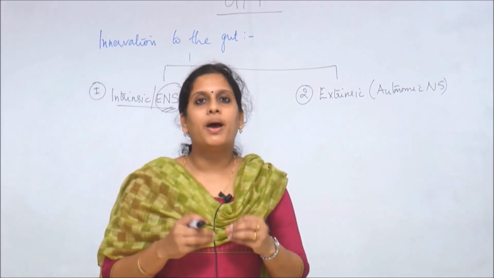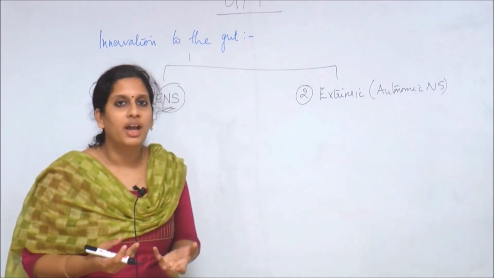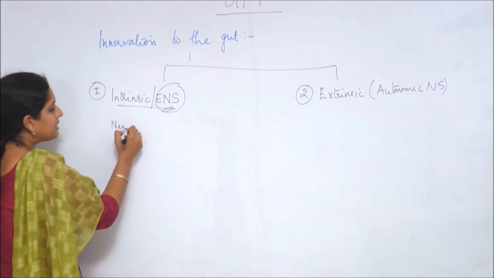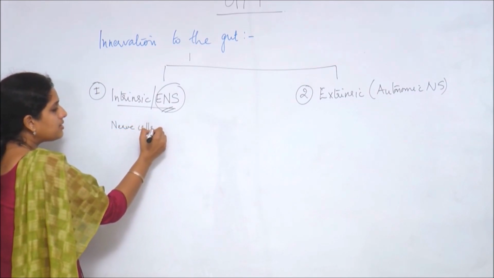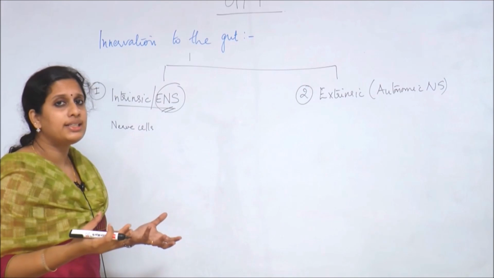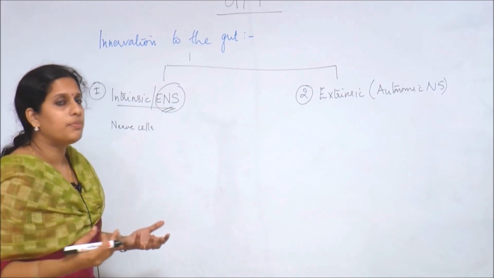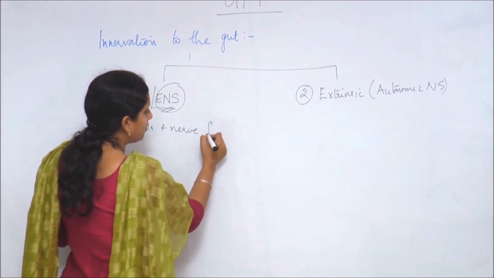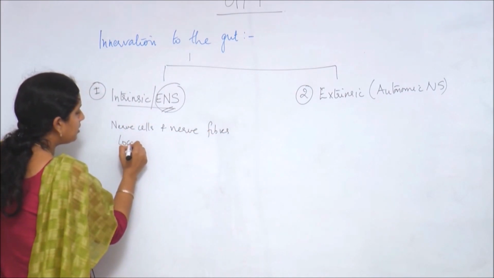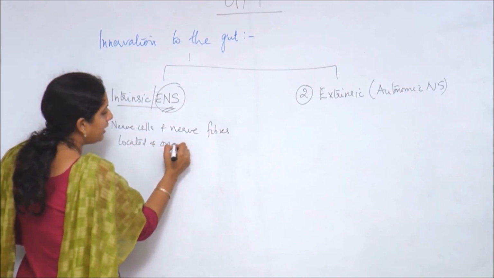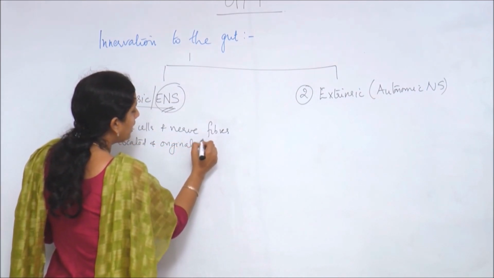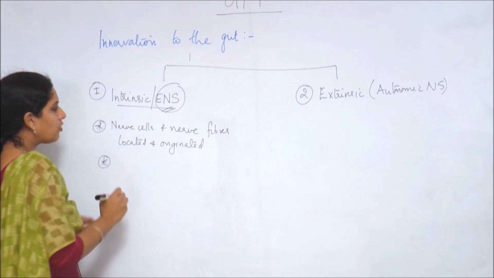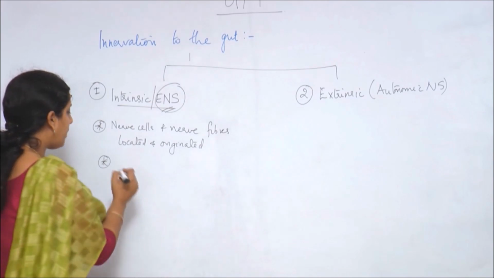So what is meant by enteric nervous system, or how will you define the enteric nervous system? The enteric nervous system is the nerve cells and the nerve fibers that are located and originated in the gut wall or alimentary canal. And the important function of this enteric nervous system is that it supplies the